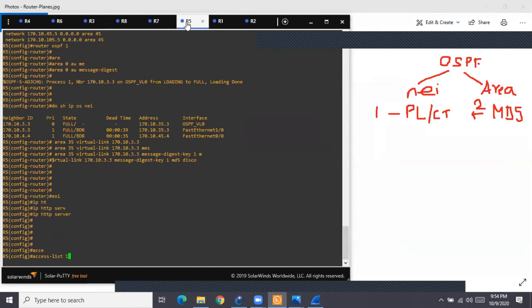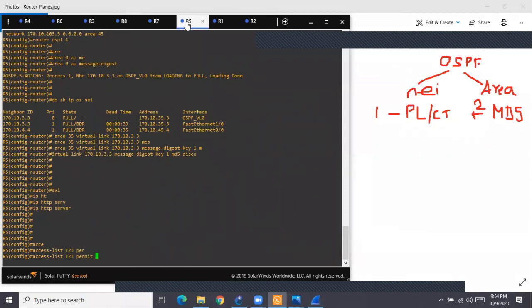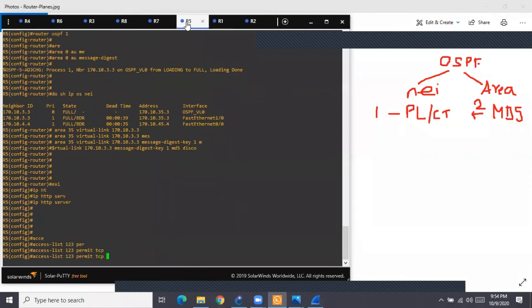Let's say I create access list number 123, any number, an extended access list. What I want to deny is telnet and HTTP, but instead of denying telnet and HTTP in this access list, I will say permit. Telnet is what? TCP. From where? Any source. Destination, any destination.